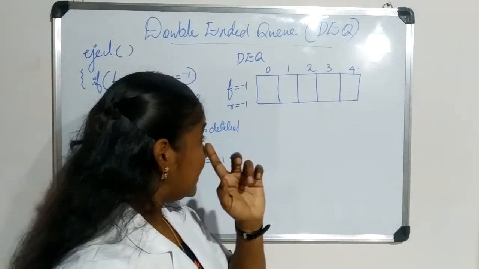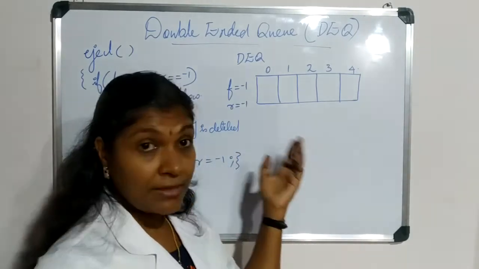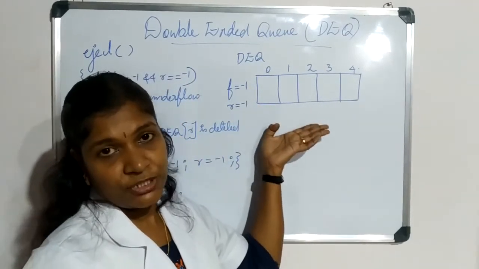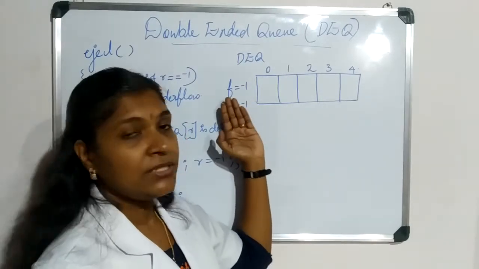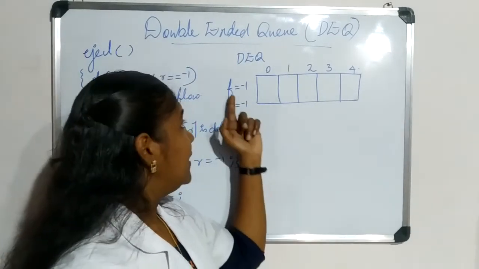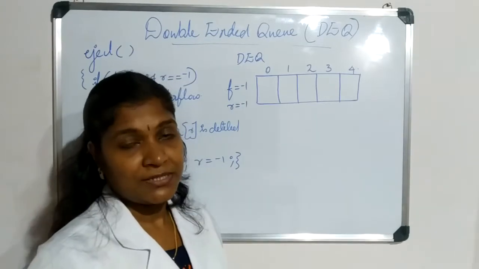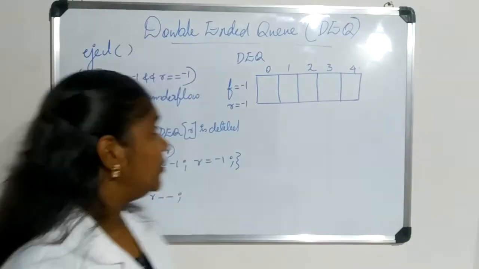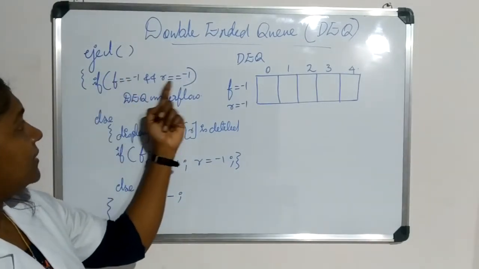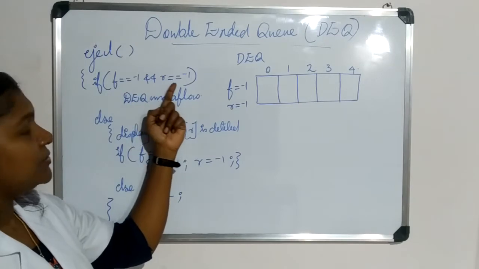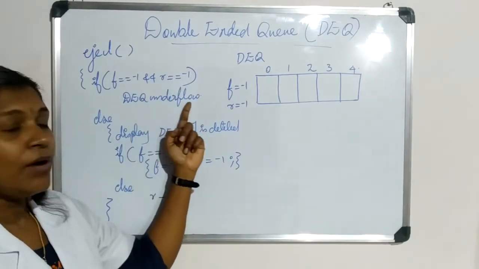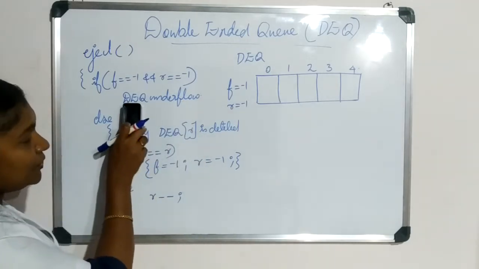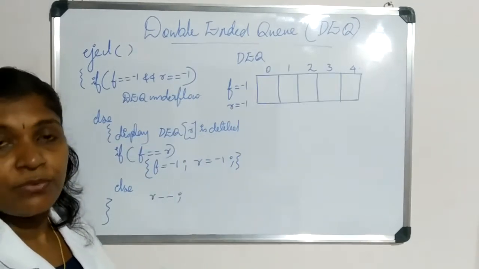Okay. So first we will check whether this deque is empty. What is the empty condition? As normal, F is equal to -1 and R is equal to -1. This is an empty double-ended queue. So what is the condition? If no elements are there in the double-ended queue, F is equal to -1 and R is equal to -1. Okay. So in this case, we cannot perform a DQ operation. So first I am performing that condition. If F is equal to -1 and R is equal to -1, DQ underflow. Same condition as that of our normal queue. The only difference is that instead of queue, I am using the term double-ended queue underflow.